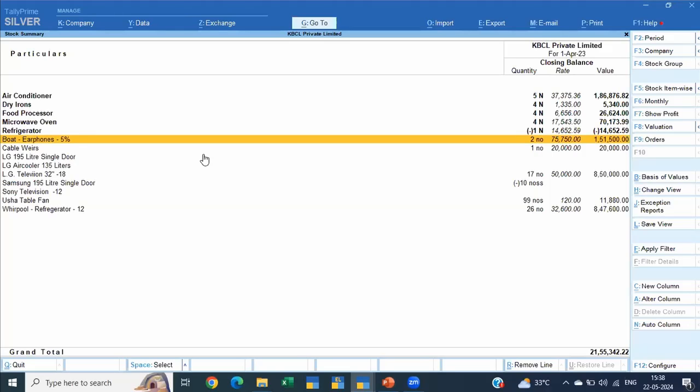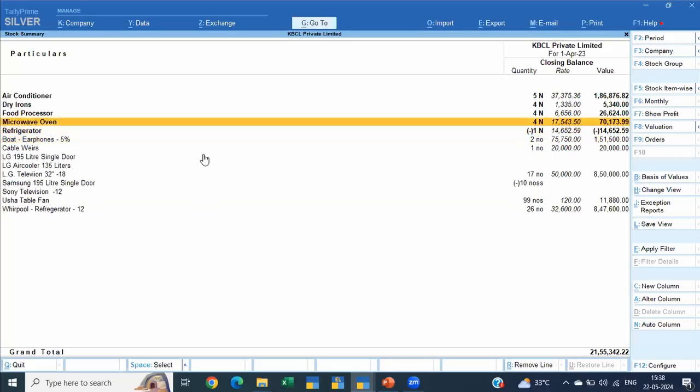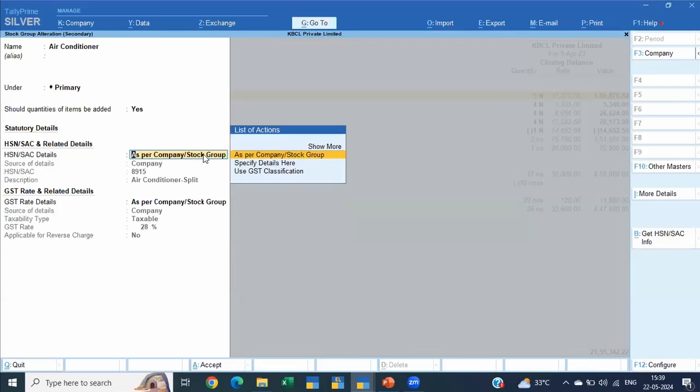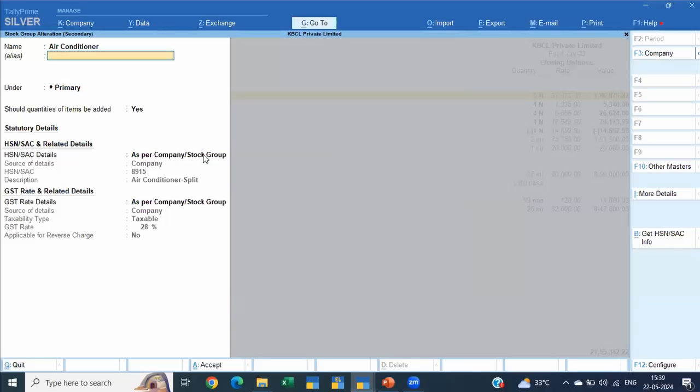So if you are segregating your information beforehand, you'll be able to give a lot of reporting beforehand. You don't have to do much work. All that happens at the planning stage. This planning will help you in your GST as well. Now what you can do is, in the group level itself, mention that this has all my air conditioners. Now imagine you have air conditioners of 18% and air conditioners of 28%. In that case, you can simply say alias AC 28%.